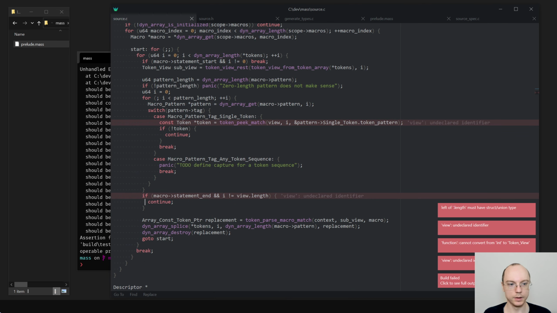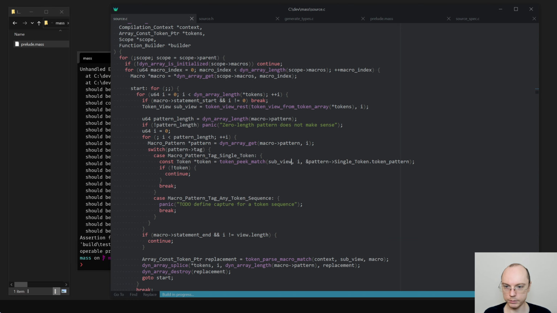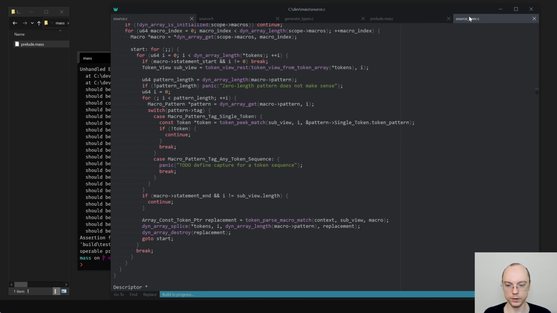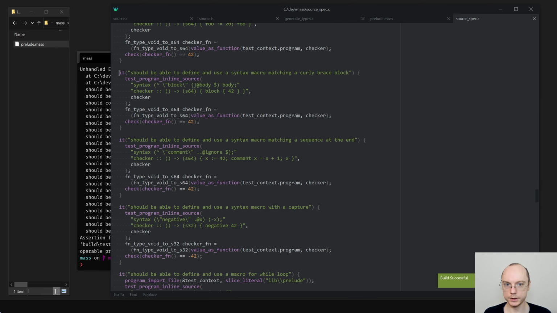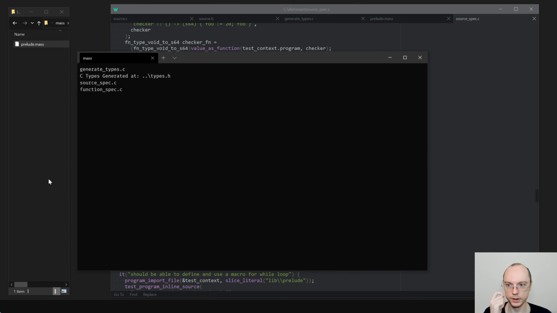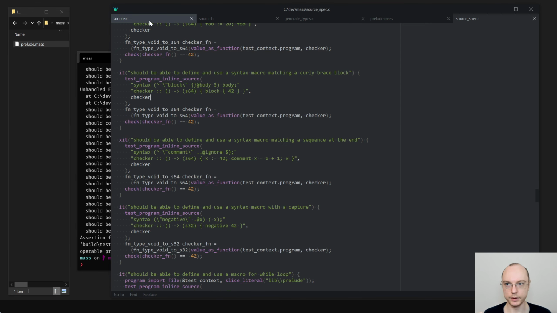Does that make sense? View is undefined. This should be subview and subview. Okay, let me disable this test for a second to see that we haven't broken all the rest of the stuff by doing this inline. We did.